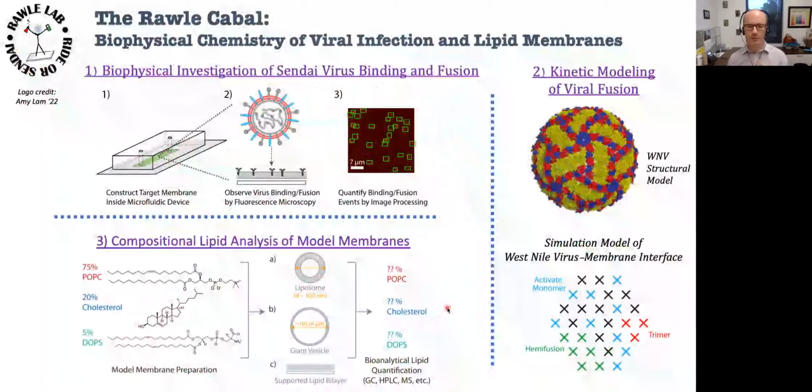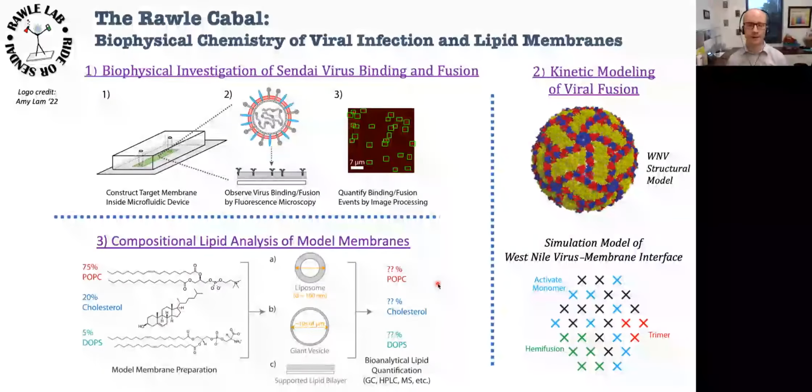Before we get too far in, I wanted to give a quick overview of my research. This was briefly mentioned at the top, but I'll talk a little bit more about it now, just so you have a sense of where I'm coming from. So as was said, I'm a relatively new professor here at Williams College. I am a biophysical chemist, which means that I use tools in chemistry and physics to study questions in biology.